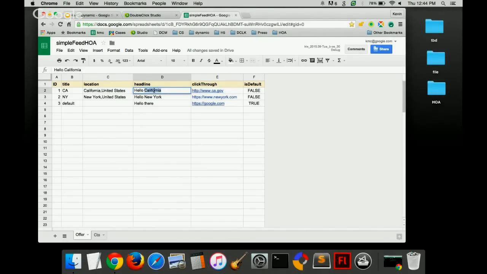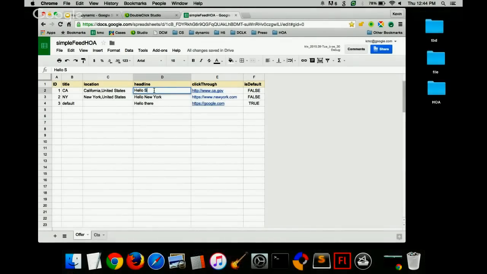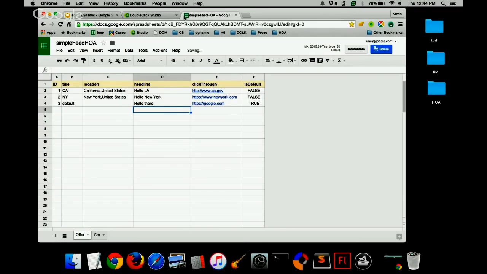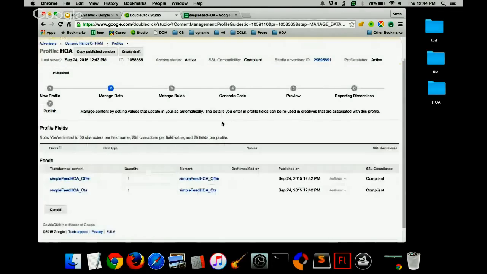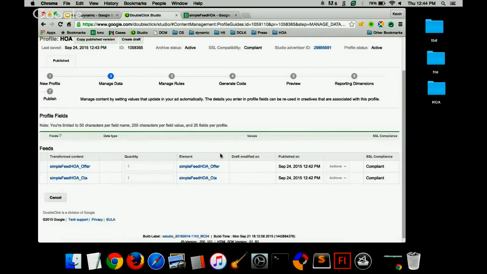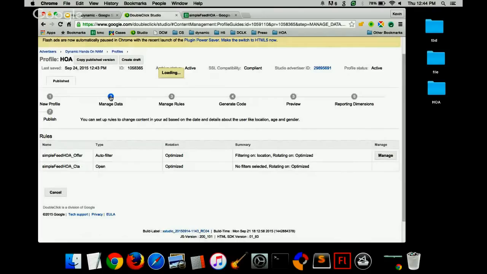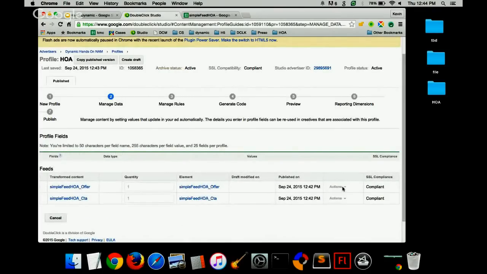So let's say, for example, I want to change Hello California to, oh, I don't know, Hello LA, and I make that change in the feed. I come back to the profile, here to step 2, manage data, and here we are. I come over here,